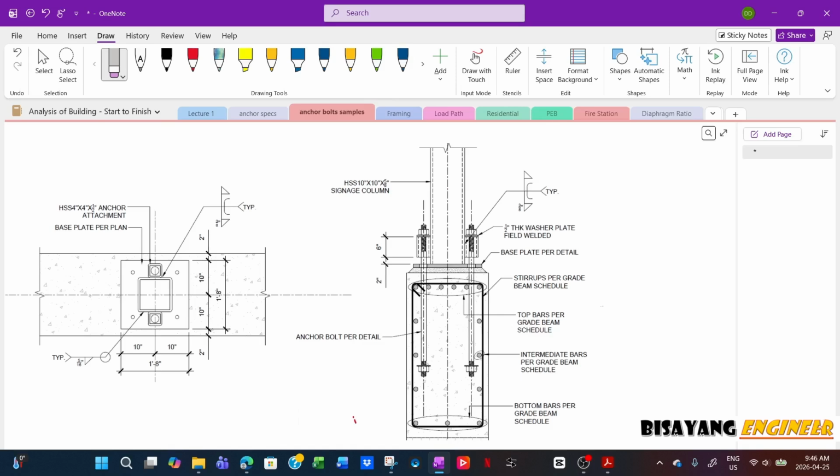So whatever detail here is the same as the other one, so that's why I'm only showing one. Now, the reason why the anchor bolt is on this side is because, like I said, it is extended, an extension. And then if you do a 3D,